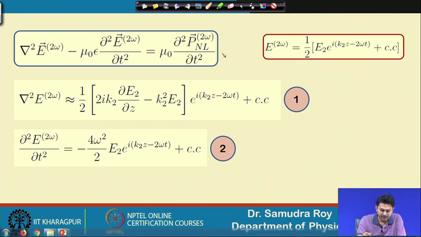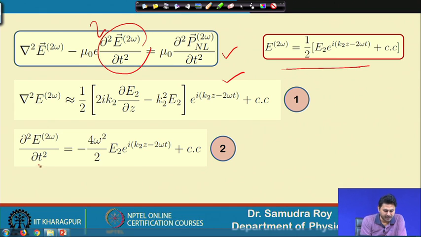So, this is our original equation, and this is the corresponding electric field that we have. Equation 1 is something which we have already calculated. By slowly varying approximation we get this equation, and now we like to get another equation, that is this part, this is number 2. So, here we calculate, since it is a derivative with respect to t. So, that means we will make a derivative of this term here, only one t is here, E2 is not a function of t.